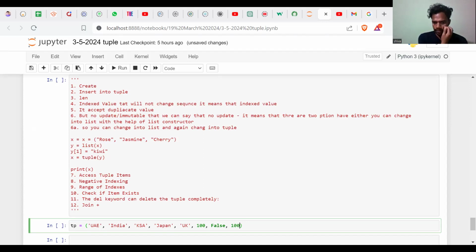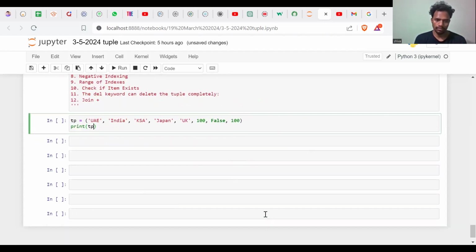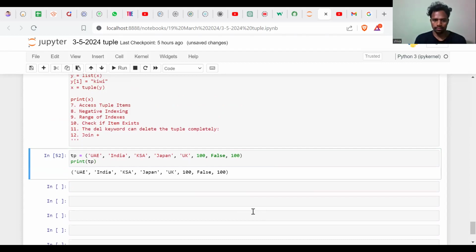Okay. Now I am going to print this. So with a simple command we can use print and tp, and execute this. Okay, so we got there is no error. Now we want to check